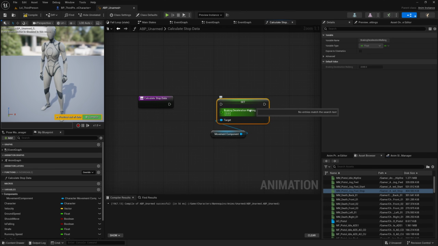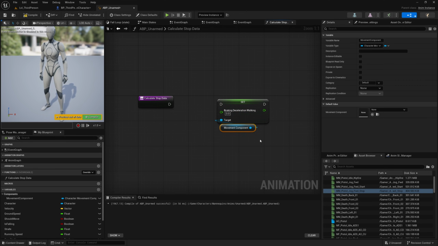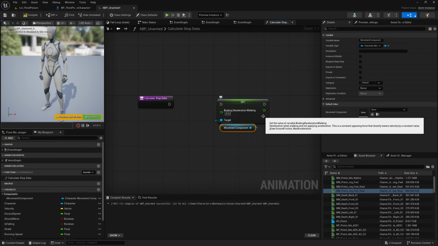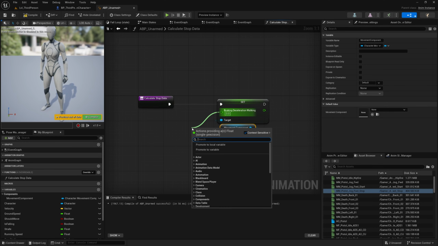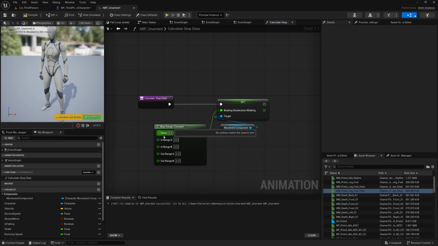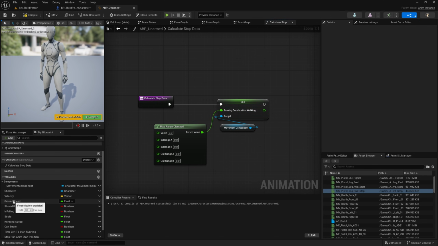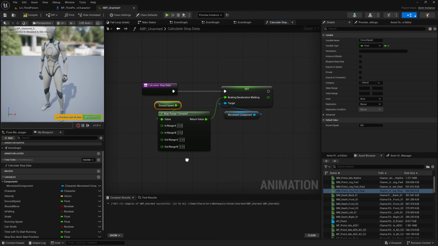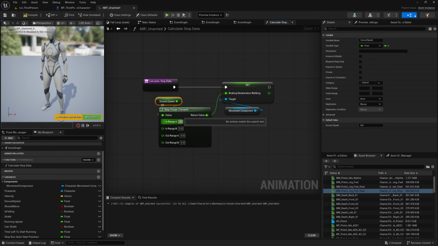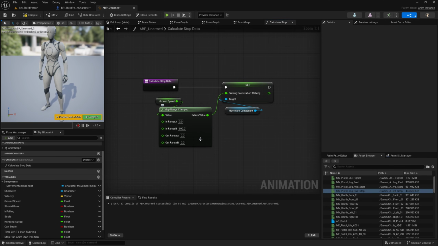walking. And walking is just the normal movement mode when you're walking or running on the ground, as opposed to flying or swimming or something like that. So we can plug this in here, and right here, once again, we can get a map range clamped. And once again, the input value is going to be our ground speed. So we'll get ground speed and plug it in there. And once again, this goes from 0 to 600, which is our max walking speed by default in the third